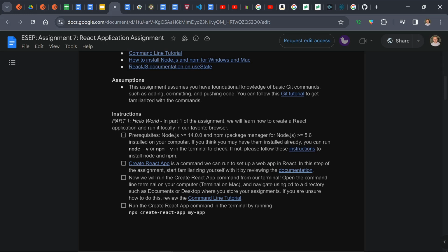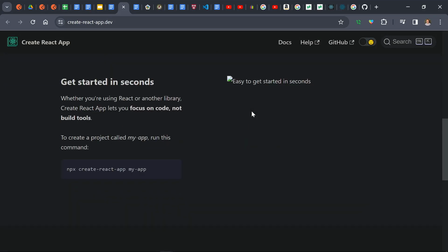Create React app. So we're going to use the npx command. npx is actually embedded within npm. There's other ways to do it by downloading the actual React library and then using the React library to start a React app or create a React app. But we'd rather do npx because npx is always going to automatically download what we need right there and then. So let's see about this create React app. I don't know how old this document is, but